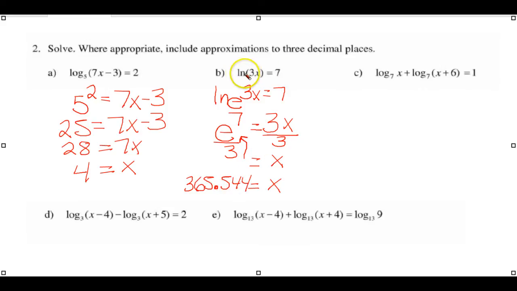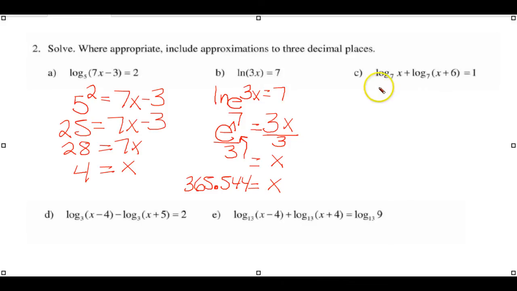So again, the tricky part was, what was the base here? It's not showing up that well. In fact, this, but remember, this is base E. So this is the base to this exponent equals this, and you solve for x. And then when you put in your calculator, E should be a value in your calculator, caret 7, divide by 3, you get this. All right, now for letter C, again, this is the expanded form,